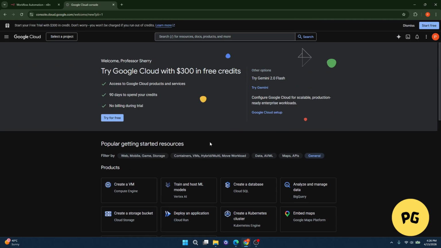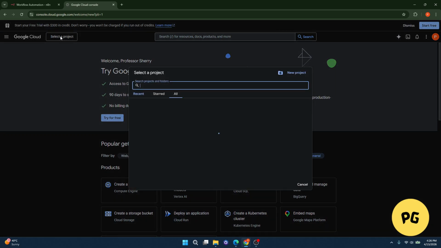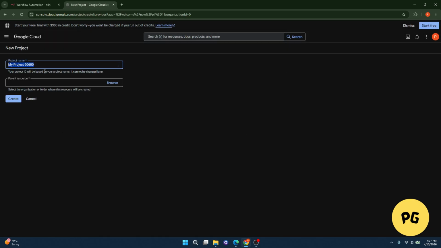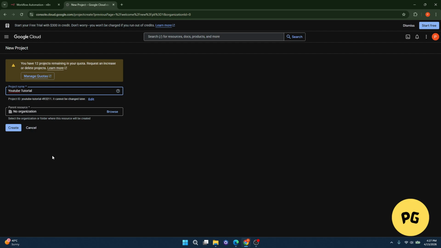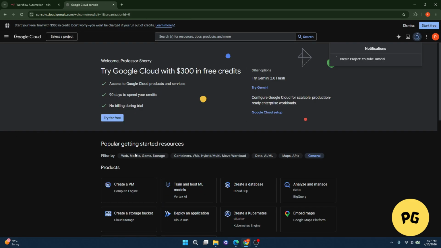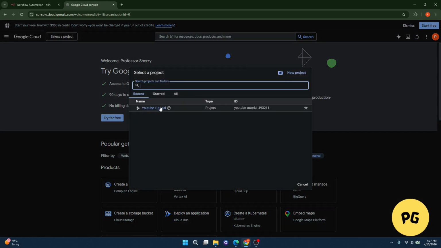Inside the console, create a new project or select an existing one. Simply click on select project, then choose create new project. Enter any name you want for your project, and once you're done, click on create project. After your project is successfully created, go back to select project again, and this time just select the project you've